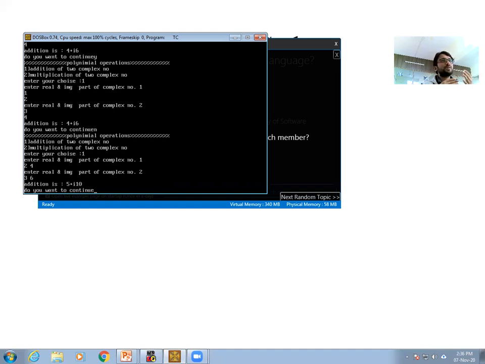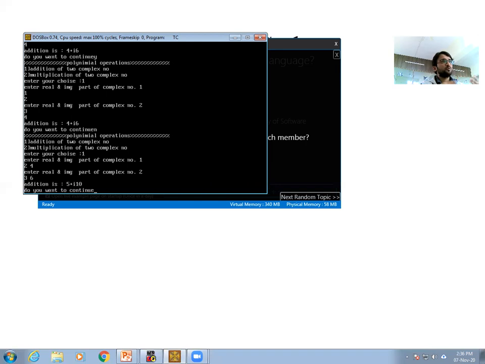To add two complex numbers, we simply add the real parts of the two numbers, and then add the imaginary parts. Meaning 2 plus 3 is 5, and 4 plus 6 is 10, and we get the addition of the two complex numbers.